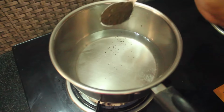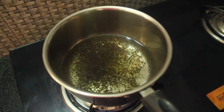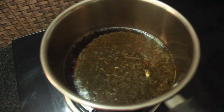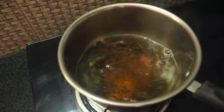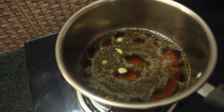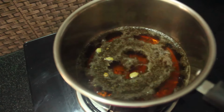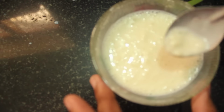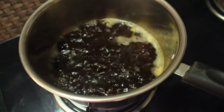Next I am adding 1 tablespoon of tea powder. I'm adding ilachi. If you want, you can add ginger also. Adding water into milk powder. Next, I'm adding this into